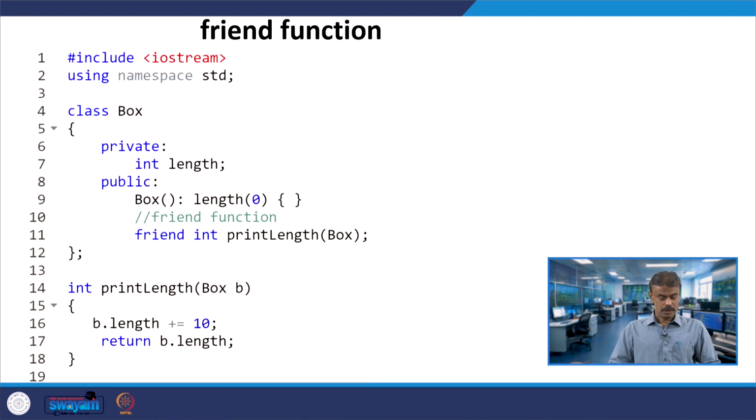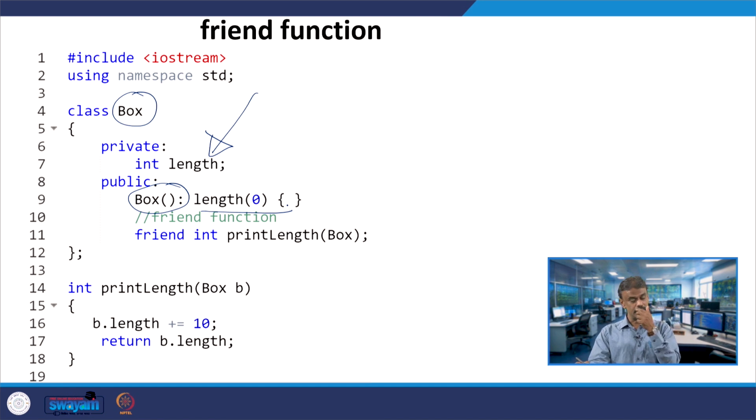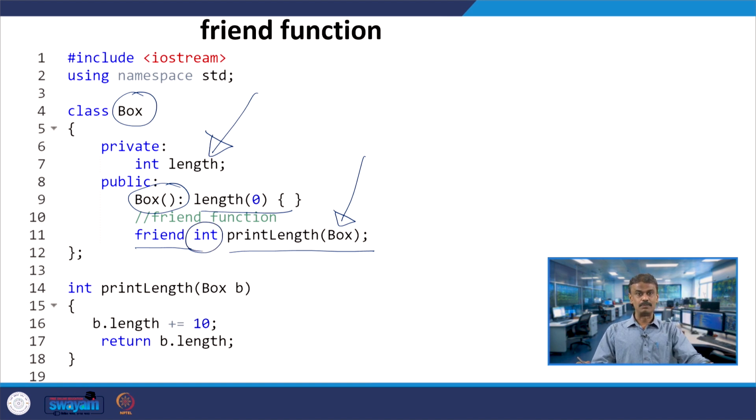So, here you go. You have class Box. Under class Box you have a private member data called length. Here you have a constructor, length equal to 0. Now I have one friend function, friend whose function is printLength. You are passing the object of class Box, and the return type is integer. You have a parameter argument whose class is Box, and the name of the function is printLength. Your class is over here.